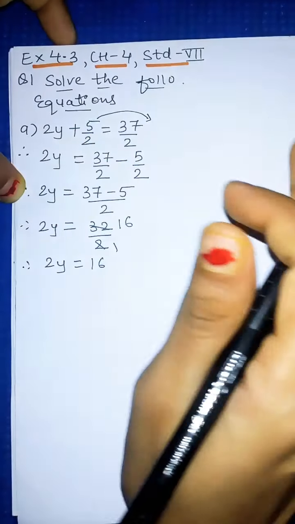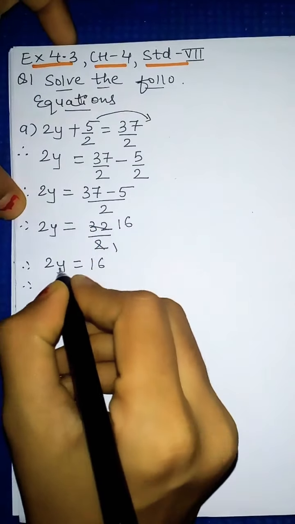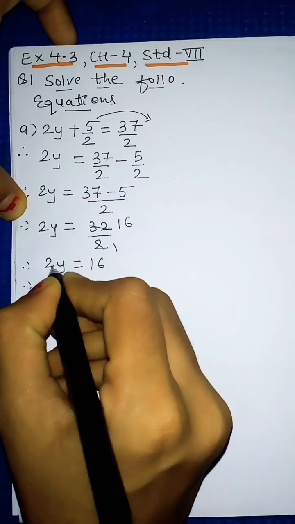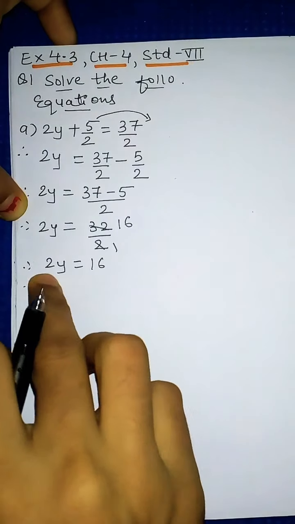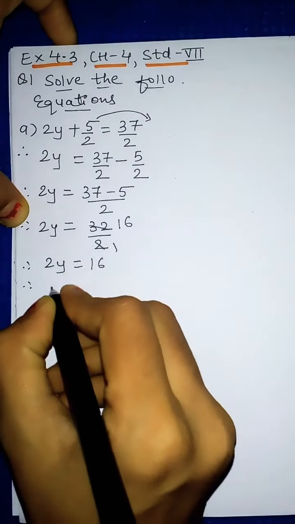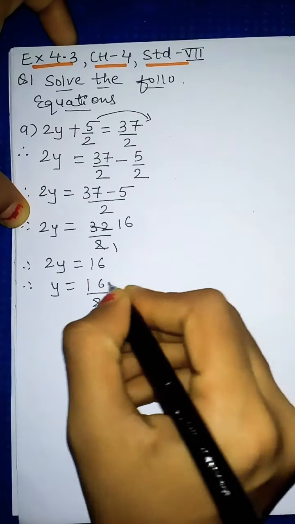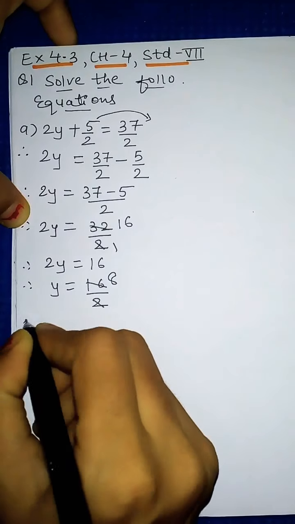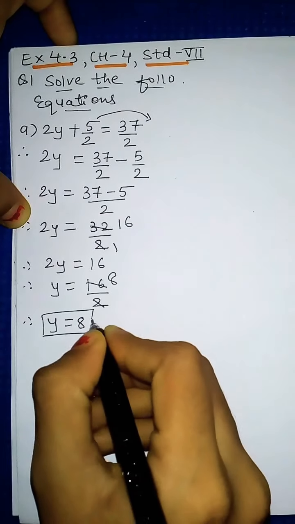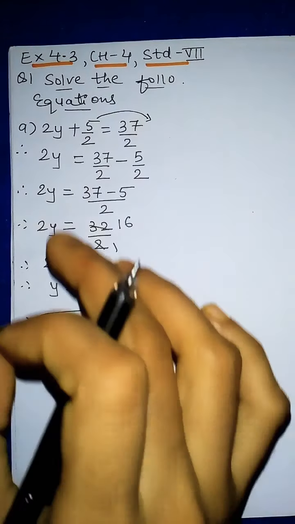Now our equation is reduced. See, this 5 upon 2 is removed. Now this 2 we will remove for finding the variable y. This 2 is in multiplication, 2y. There is no sign, which means it is in multiplication. So where will it go? It will go to the other side in division. So it will be 16 upon 2. Now we will cancel it. 2 ones are 2 and 2 eights are 16. So y equal to 8. This is our answer, y equal to 8. This will be the value of the variable y.